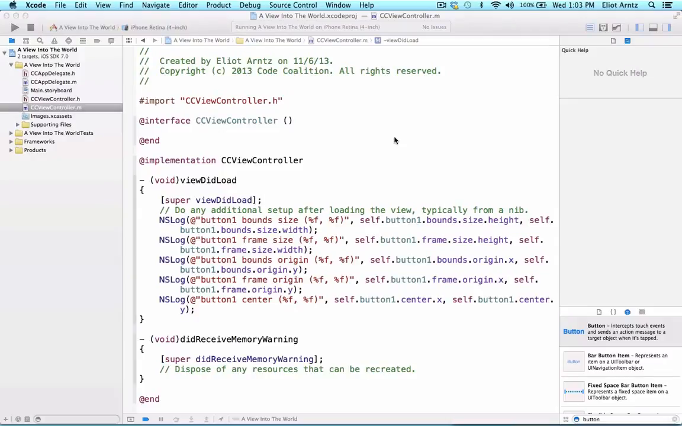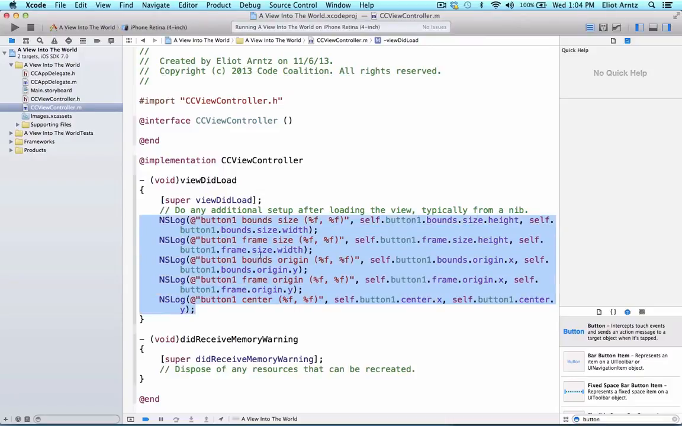Now that we've been able to access all of the different information about where my button 1 is on the screen, let's go ahead and take a look at view 1 and button 2 so we can take a look at the difference between frames and bounds, specifically what happens when we embed a button 2 inside of our view 1. So I'm going to go ahead and copy this information,